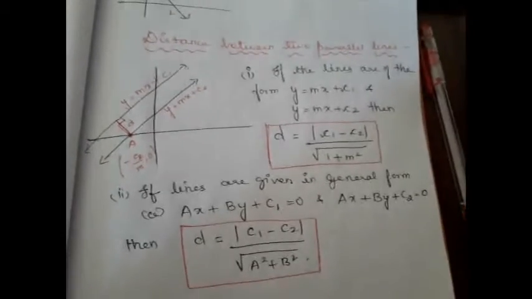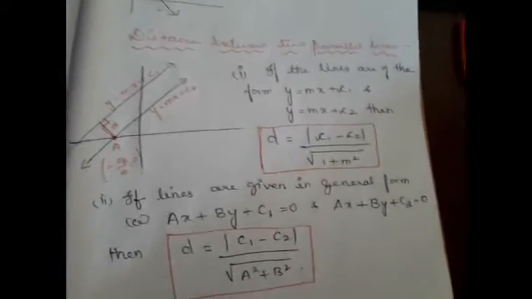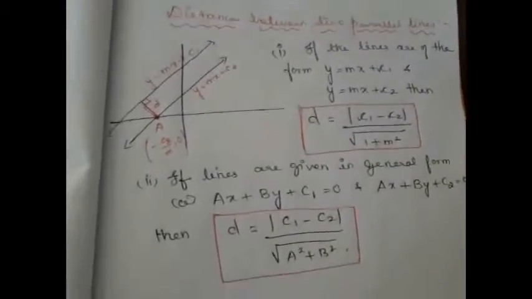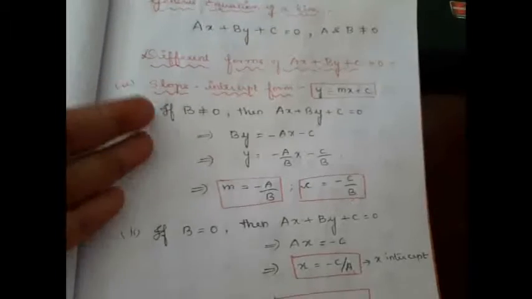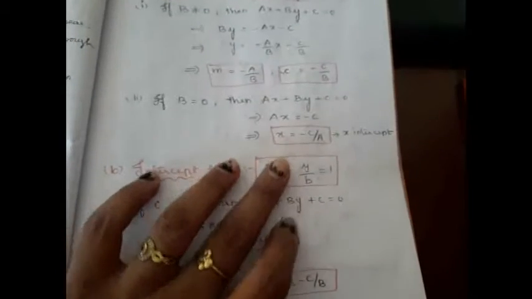So you have to remember all these formulas. I wish to recap what we have learnt so far, because with all these inputs only we are going to solve our next exercise. What have we learnt? The general equation of a line, and we have correlated the general equation of a line with three different forms of the equation of a line: slope-intercept, intercept form and the normal form. From slope-intercept form and intercept form, we have come to the conclusion that the x-intercept is minus c by a, the y-intercept is minus c by b, and the slope is minus a by b.